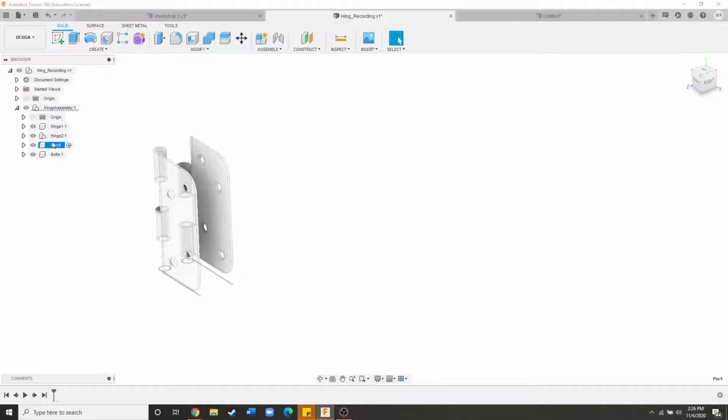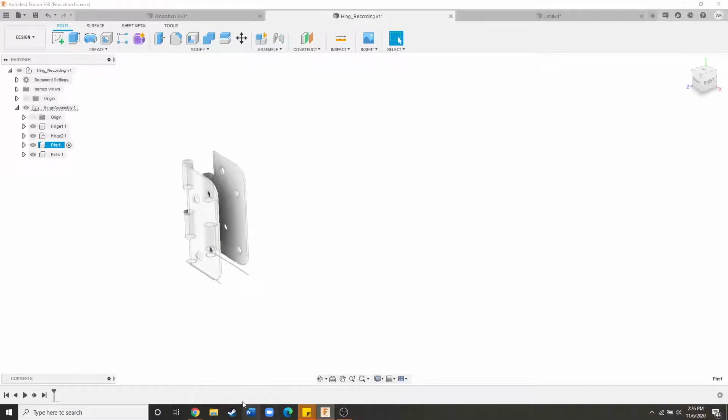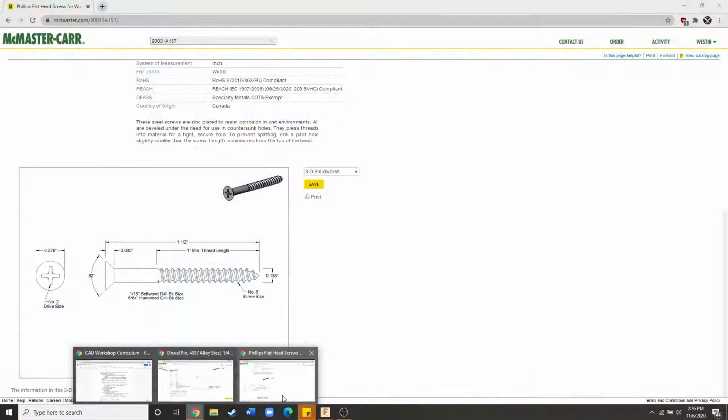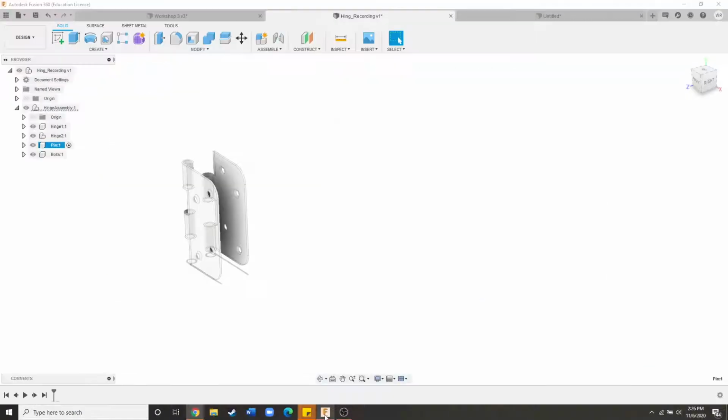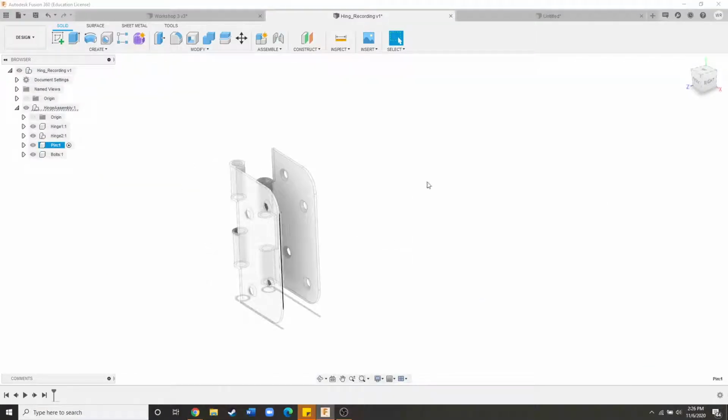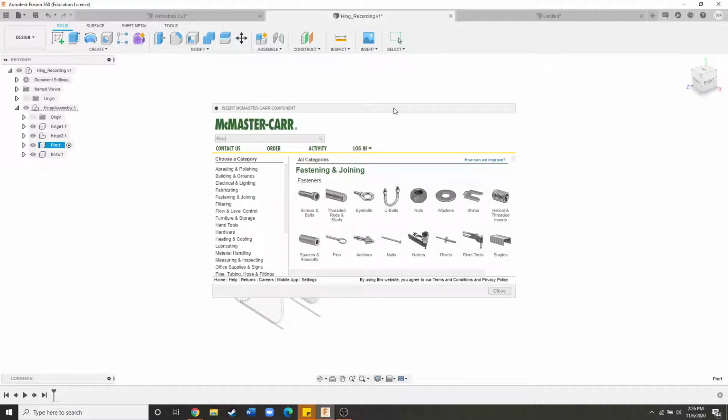So click on the pin component. You can see that nothing's in the timeline, which is good. We haven't done anything in the hinge component. And let's go ahead and go to the pin. And again, this part number that I mentioned right here, let's just copy that. And Fusion has a nice feature where you can just import McMaster-Carr components. So if we just hit Insert McMaster-Carr component,